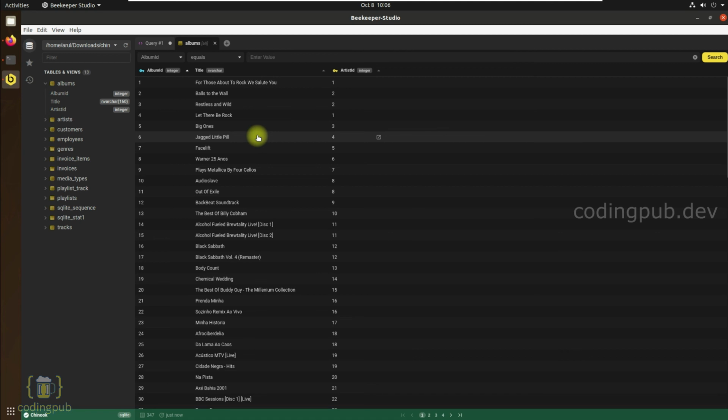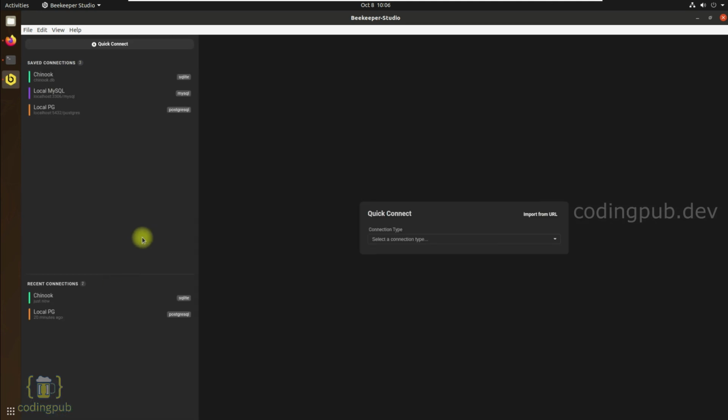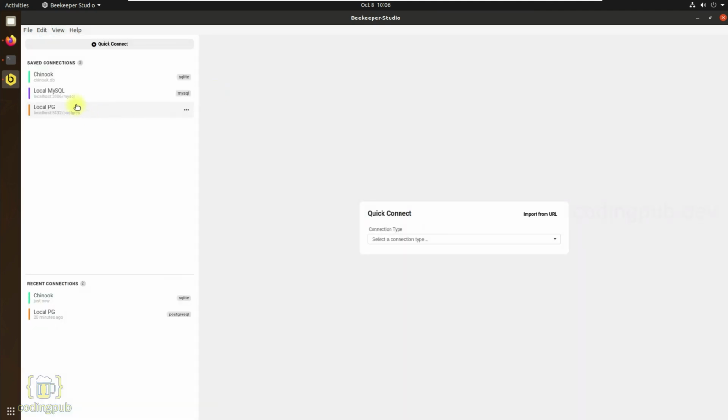And we are doing all this using a single application in spite of using different tool for a different database type. And one more option we are having on this application is we have two themes available. We will be able to use this application with the dark mode, or you can change it to light theme as well. You just need to go to the view menu and select theme, and under that you just need to select light.